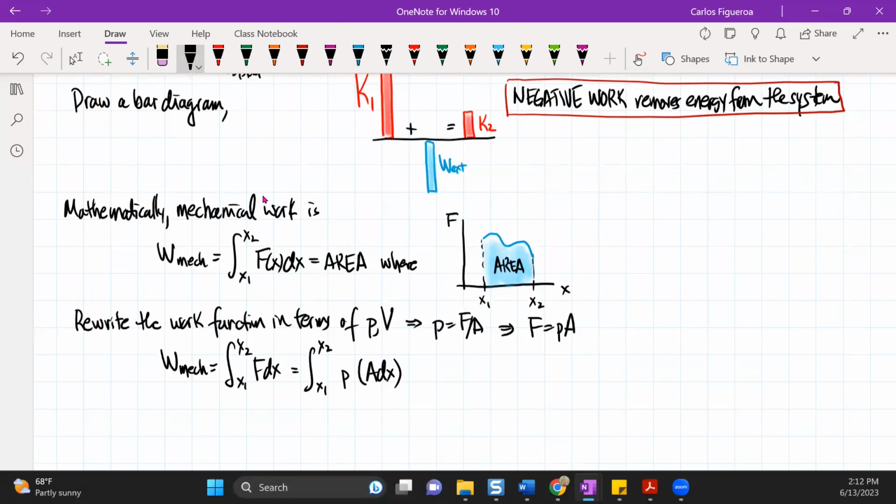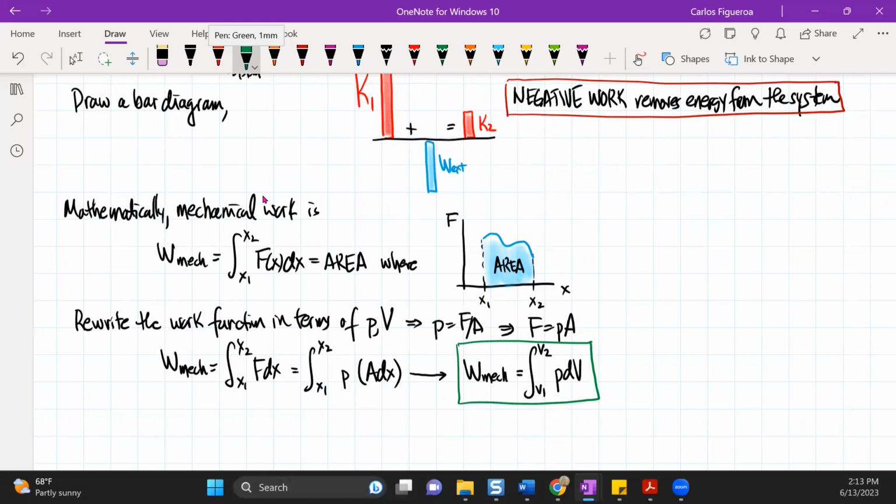That's really just the volume. So if I write it out, it reads the integral from V1 to V2 of P dV. And that's what we mean by mechanical work